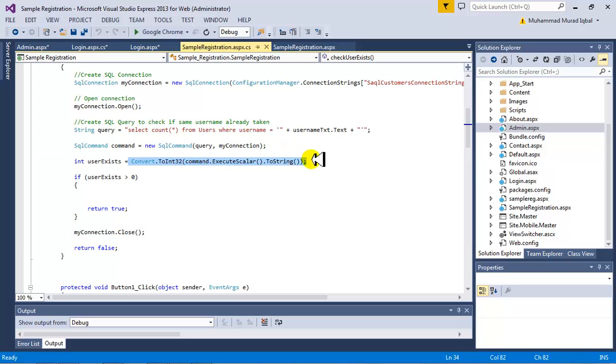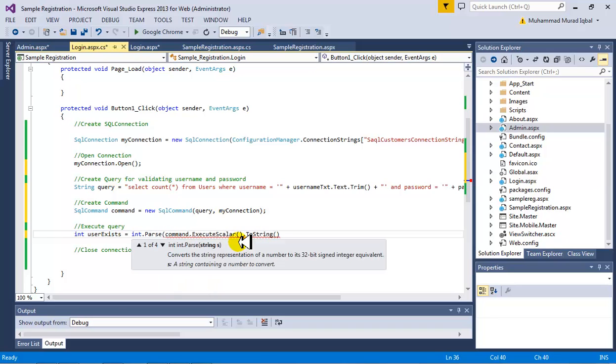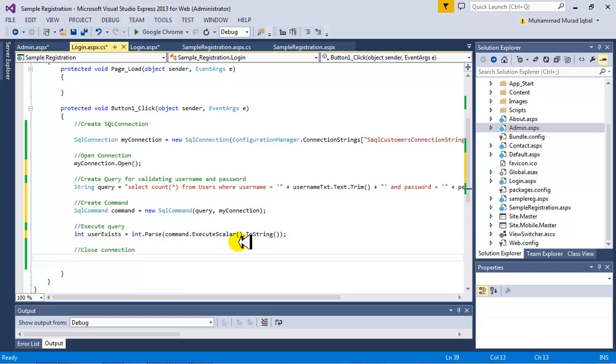This is how you can convert. Another method to do this is int.parse. Both methods are valid actually, and inside you give it this complete method. So this will be converting the string to integer. Int user exists. Close the connection. My connection dot close,